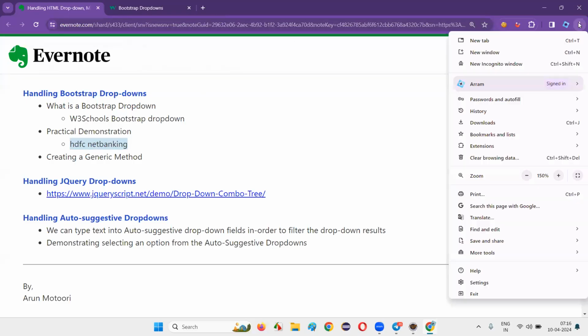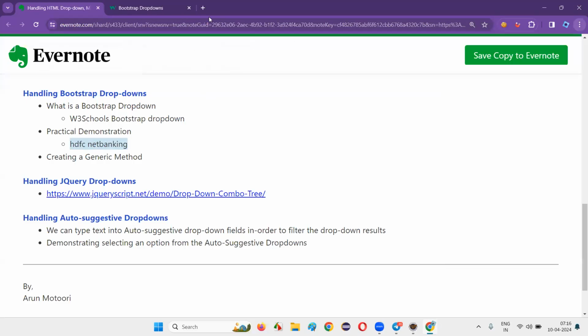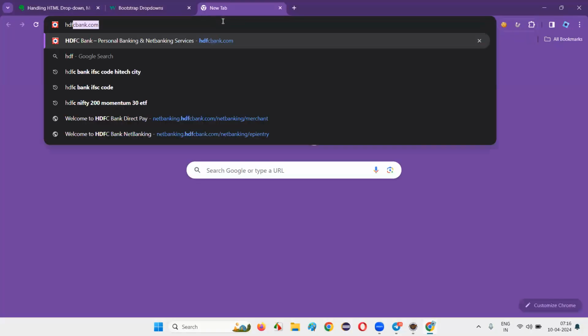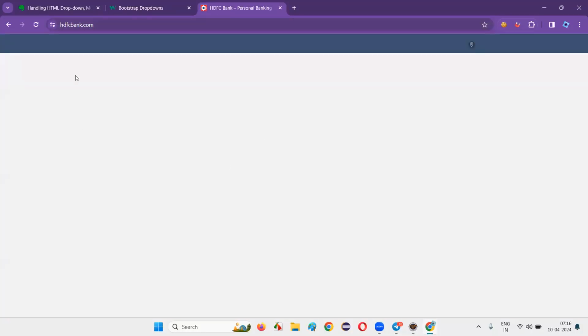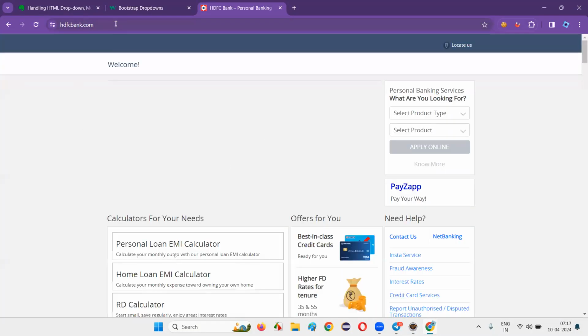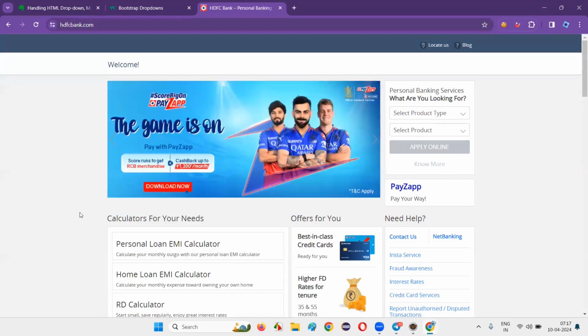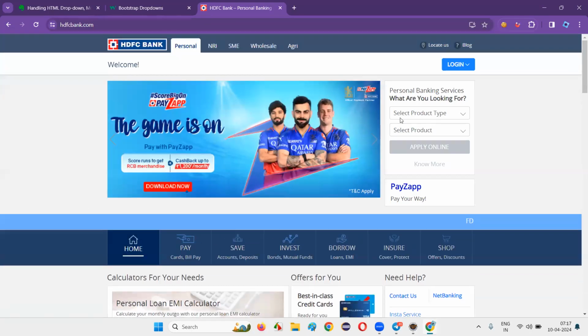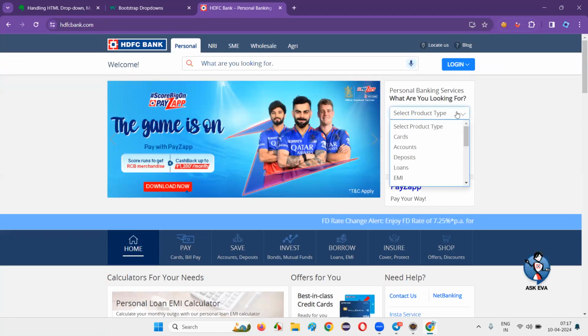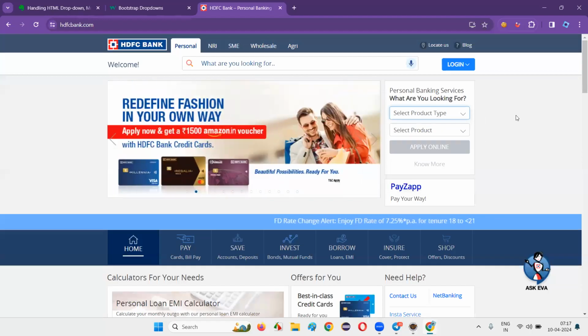So if you go to this net banking of HDFC, hdfcbank.com, and here once the page loads, you see "select a product type, select a product." These two things are Bootstrap dropdowns. They are not the traditional dropdown. They look like traditional, but the moment you right click and inspect, you cannot right click